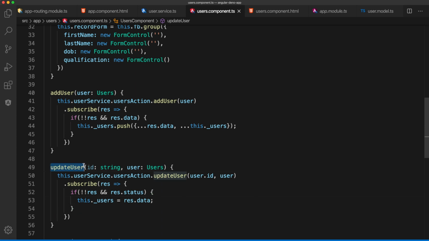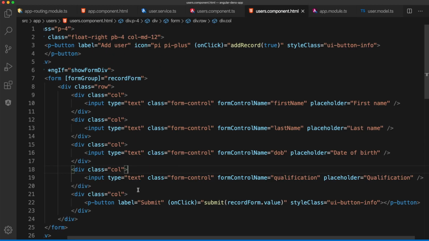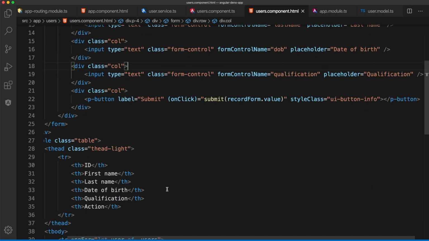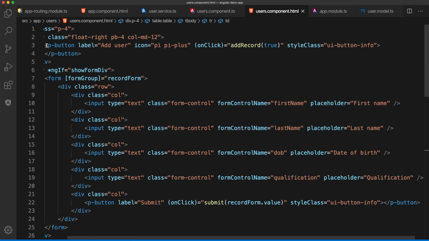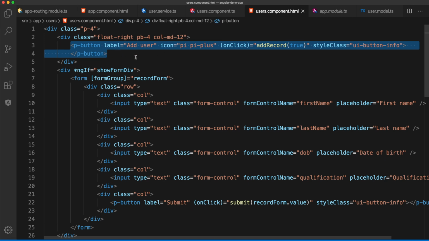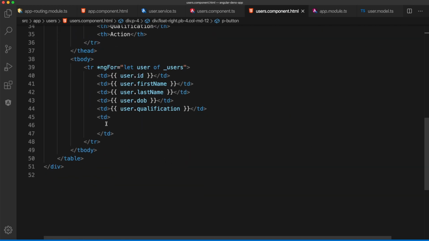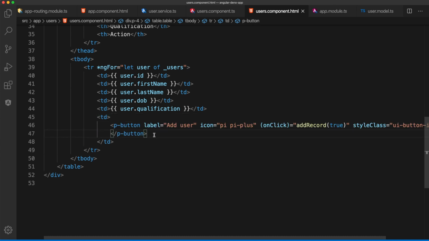So let's try to add another button in the UI to update the user basically. So I come down here, and then I just press enter, and then I just copy this button here and paste it here. Okay, and I say this one to edit,